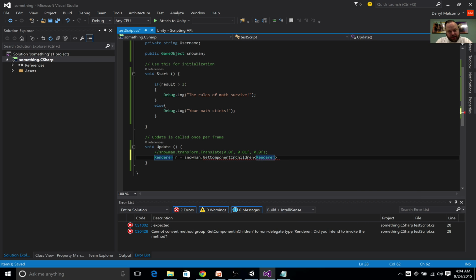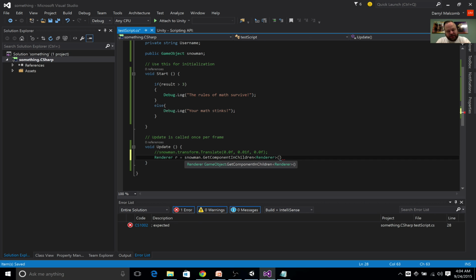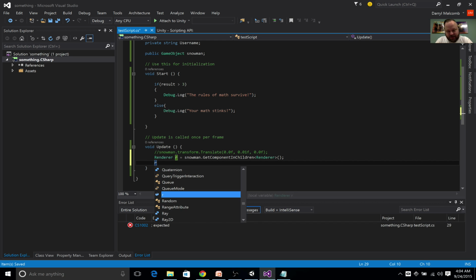Basically, this says anything that's attached. Any of the things that are attached. Give me one of these guys. Give me a renderer out of it. So let's go ahead and modify that. Now that we have that assigned,